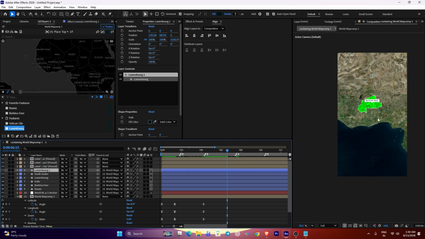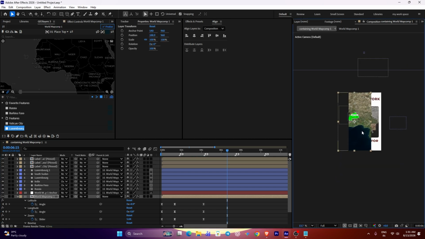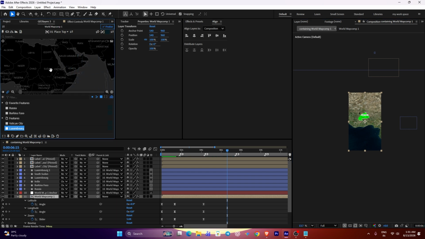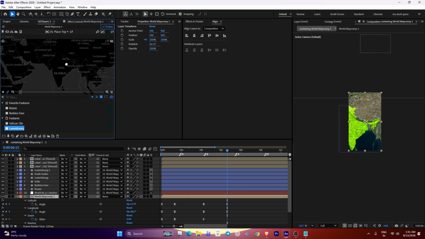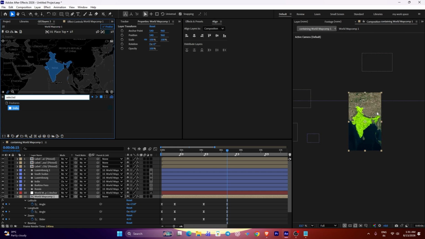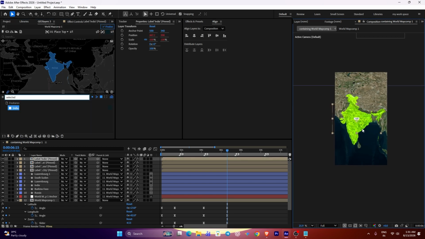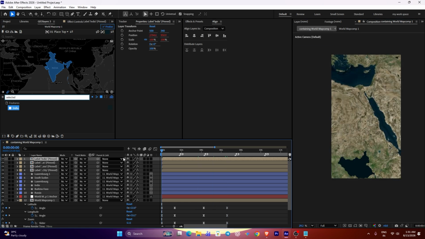Okay, just drag and, sorry, you want to drag the geo layer, not the main comp layer. Okay, slide, and now see the India, just zoom in. Now you see the India, Bharat Mata ki jai. Okay, you can't see the level. Just click the level button and add level. Now you see the India, Bharat Mata. Okay, just show this animation.